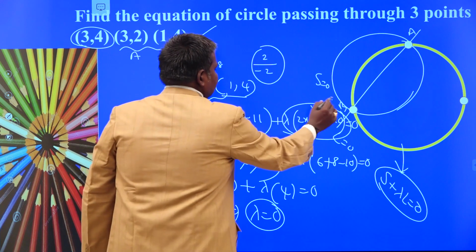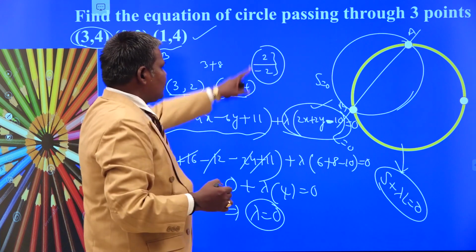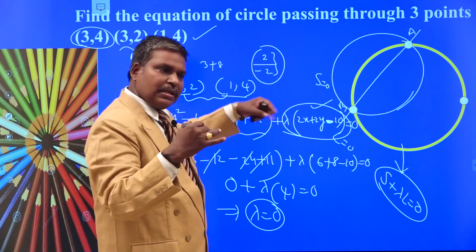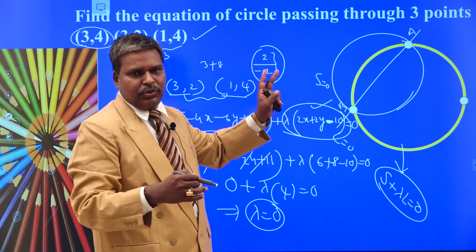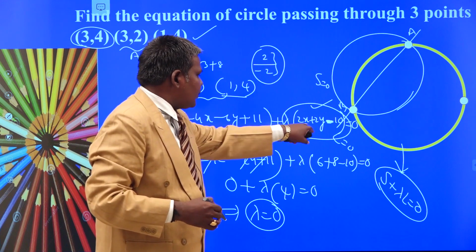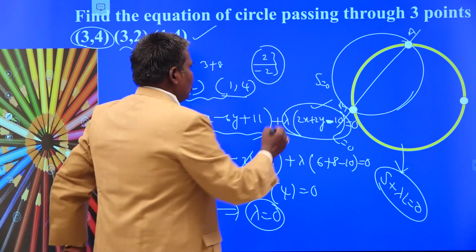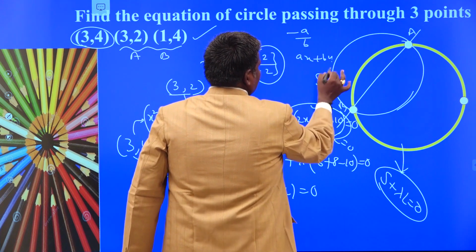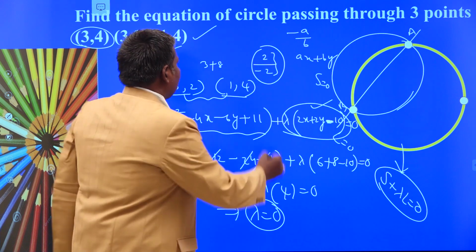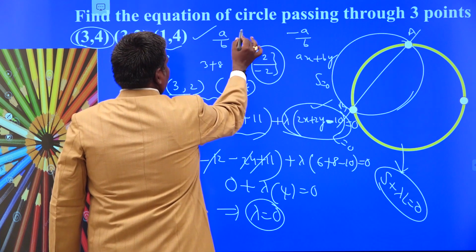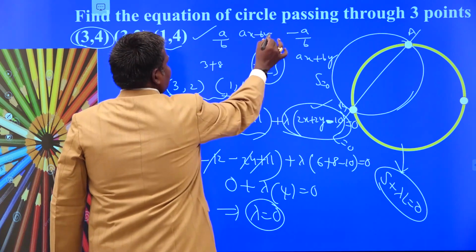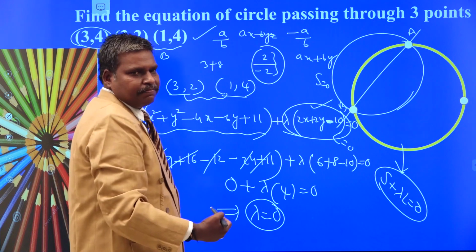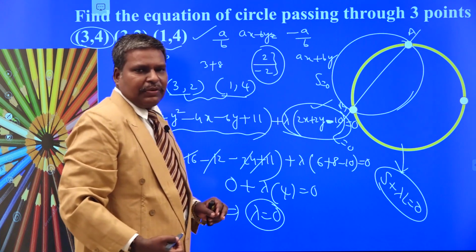While writing the line equation itself, you have to care about this: don't simplify the fraction. Suppose we have minus 6 by 2. Take minus 6 by 2 as 6x plus 2y. You have to take it like that. If you find the slope itself, you get the same value. Your slope is minus a by b. What is the equation? Ax plus by. Your slope is a by b. What is the corresponding equation? Ax minus by is equal to, you write is equal to, substitute the point, take the constant to the left side. Immediately we obtain the line equation.